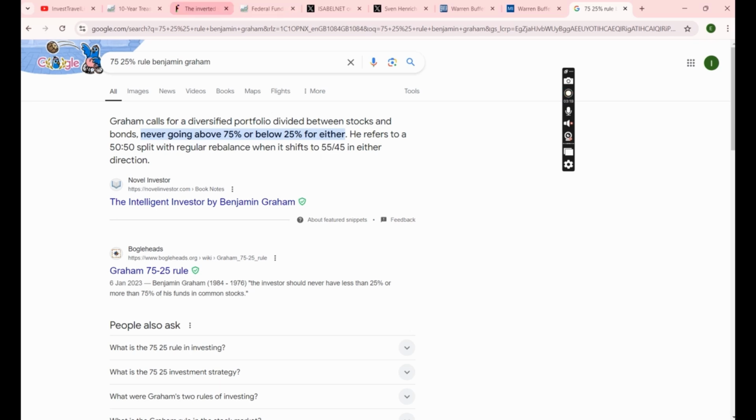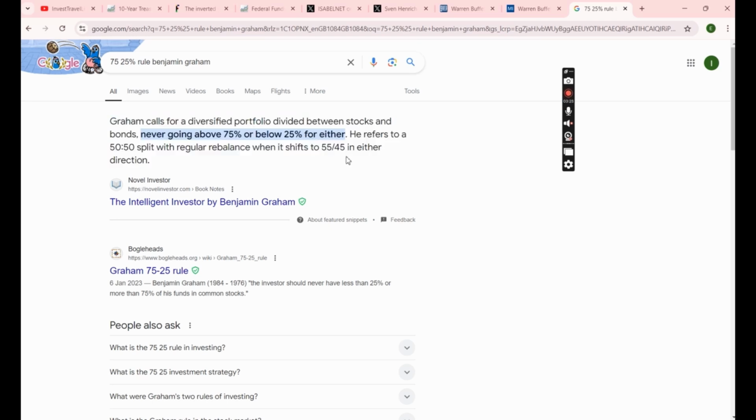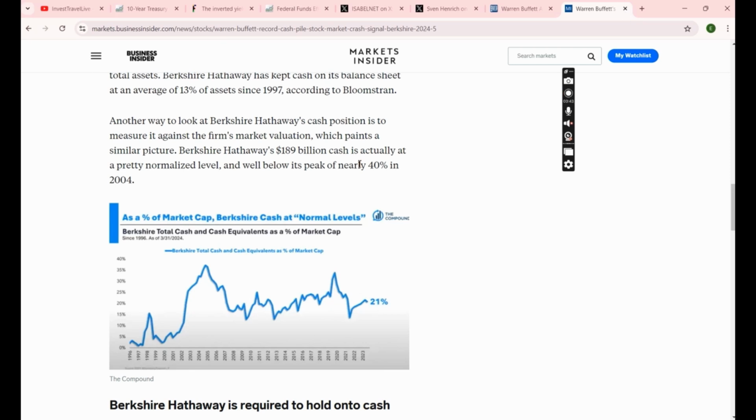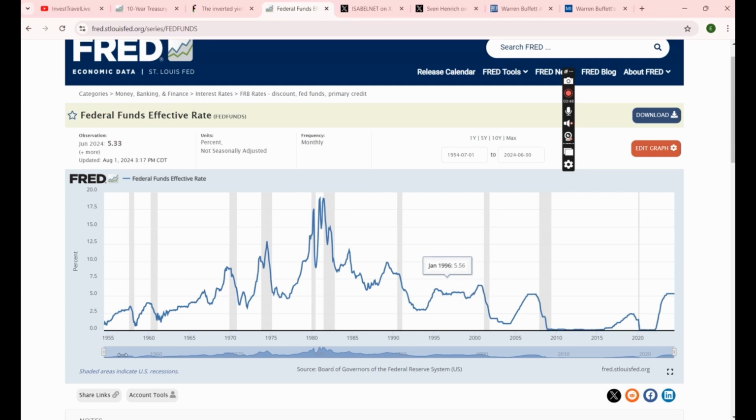Given the charts that I've shown you, you might want to consider having a higher percentage of bonds or cash and a lower percentage of equities. So maybe around 50-50, or around 60% in cash and 40% in equities. This is up to you, but it's something to consider, how you're diversifying, knowing that there might be some economic issues down the road.